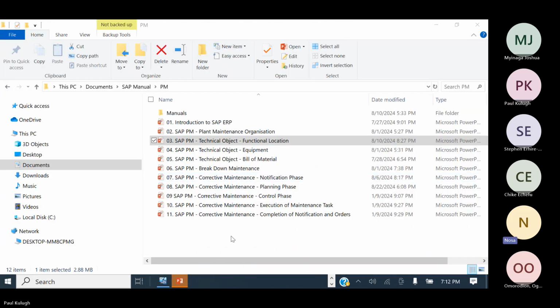Okay, so the best practice is that the relationship between the functional location and the equipment is 1 to 1. That is best practice, yes. 1 to 1, so that when you go to that space, because normally if you go to the field,